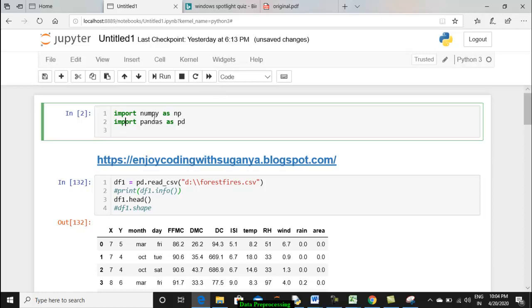So first I have imported two important packages, NumPy and Pandas, the use of which we have already discussed in our previous sessions. And in order to download the data, a lot of open source data sets are readily provided by different sources, and we have made an exhaustive list of those along with my student Siddharth. That is readily available in my blog, which I have given.